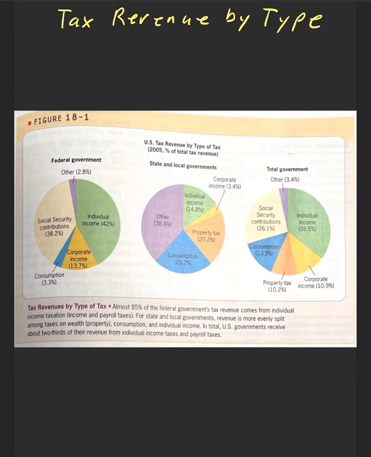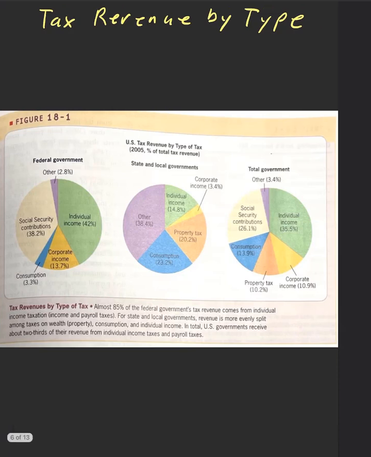Your state governments, obviously as mentioned before, property tax is a big one. Individual income, surprisingly large given that you don't think of state taxes as having a lot of income taxes, but they actually do. And then, of course, a big proportion made out of consumption tax. And then remember, these others are things like those fees that we were talking about before. And then, of course, your total of your government is just a combination of these things, so it's probably about what you would expect. But notice that income tax in the U.S. is making up a big share of tax revenues.